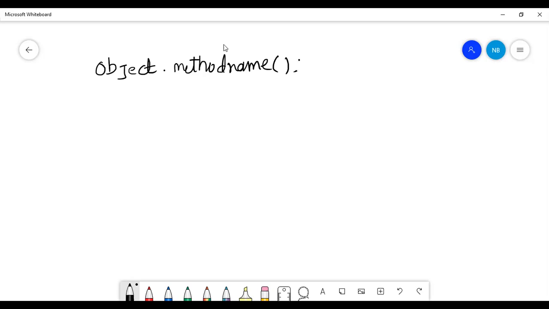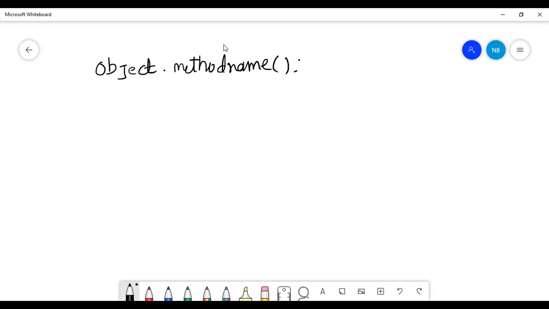For every object, we will be using this kind of signature in any programming language. If it is C or C++ or Java, once an object has been created, we will be accessing the methods or variables of a particular class.